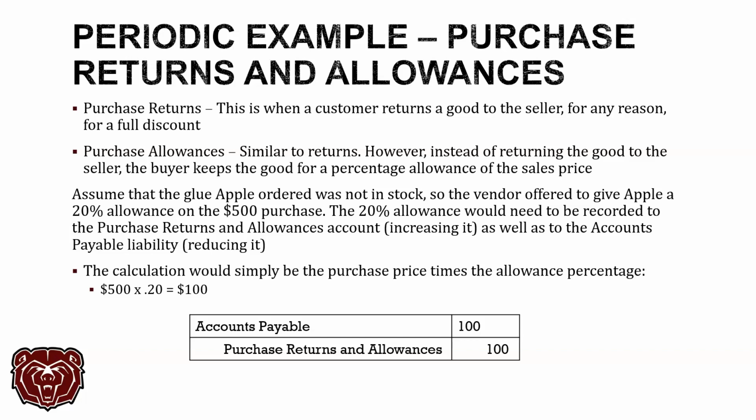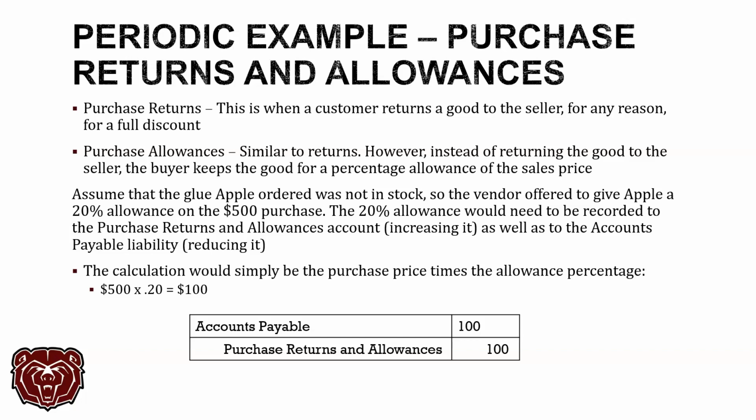We're not concerned about why they returned it, at least not at this point. We just need to know that they returned it and they get a full discount, a full amount returned to them, right? 100% discount, full return amount. Okay. So purchase allowances are very similar to returns, except instead of returning the good to the seller, they're going